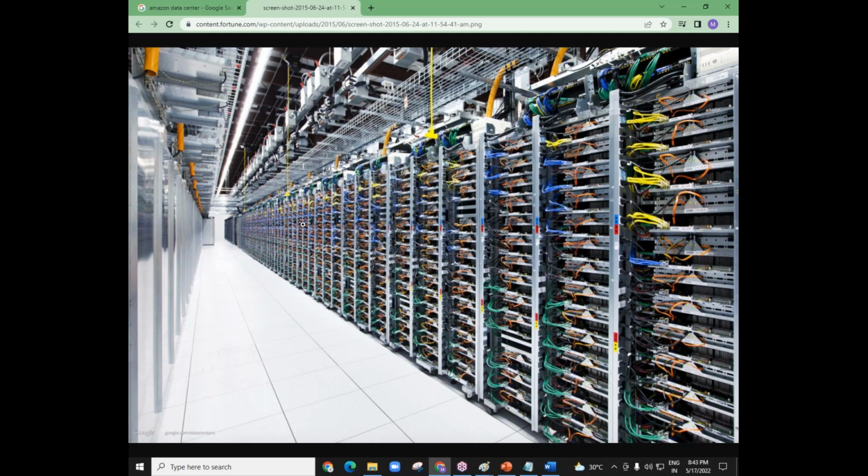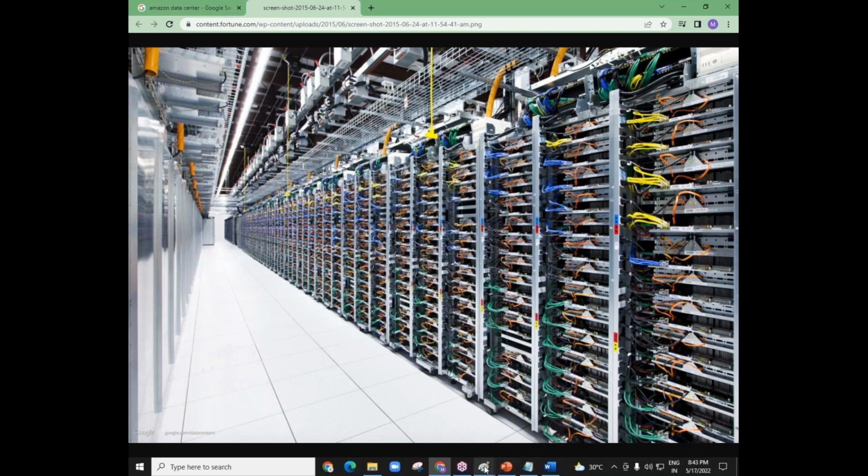Now, this is one of the most brilliant ideas we got. What is the idea? There are many big companies that have huge data centers, and they are offering us to use their data centers and run our applications. They call it the pay as you go model, or pay as you use model. How much you use, that much you should pay.